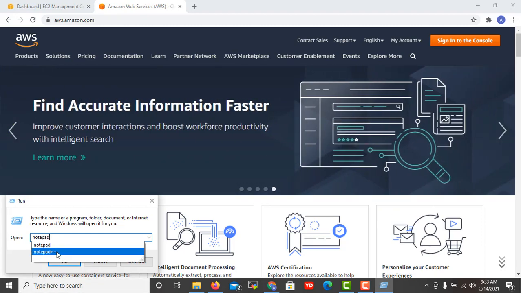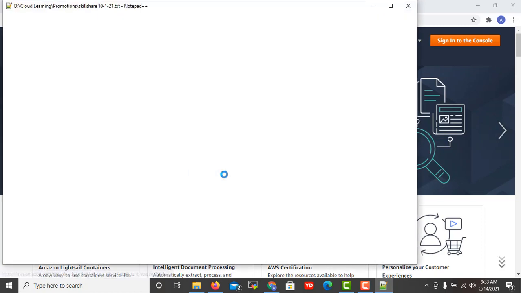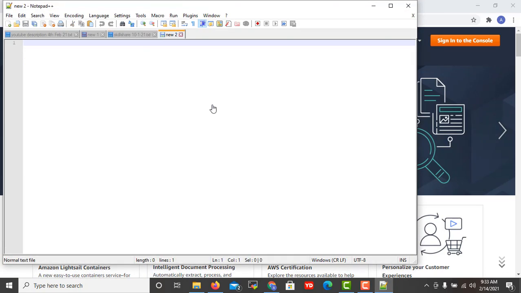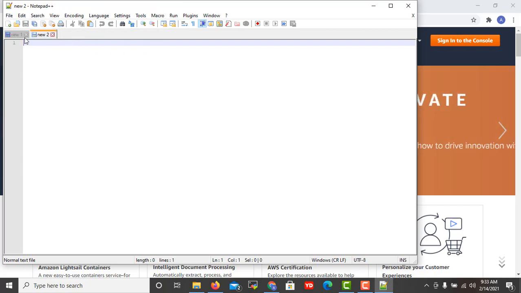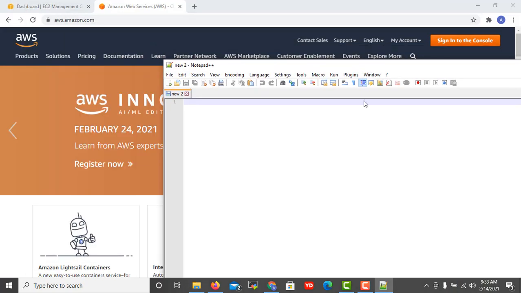EC2 is Elastic Cloud Compute. So what I will do in this section, I will also give you the notes about all the services. I will give you the handwritten notes so that you can understand each thing very easily. Okay. So EC2